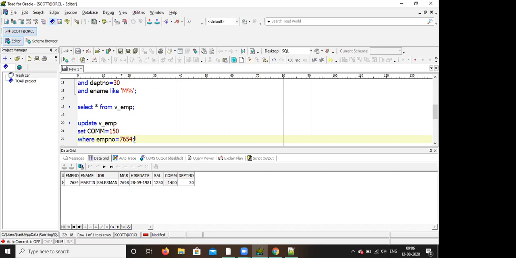Now I'm going to change it to 150. Let me see which one will update: the view or the table? Okay, run it. One row updated. Now go and check the view.